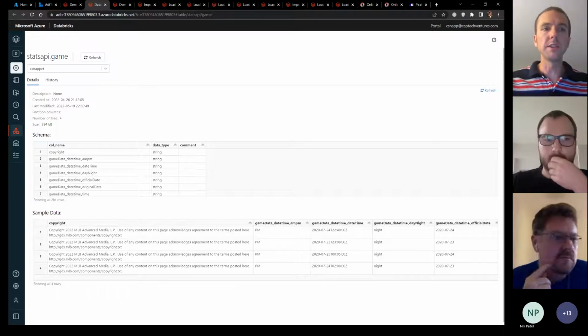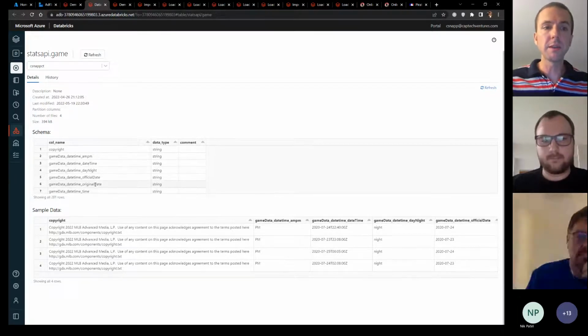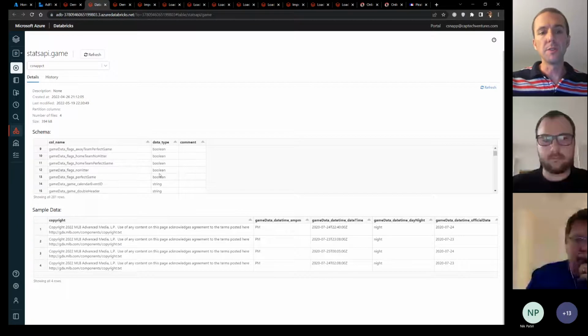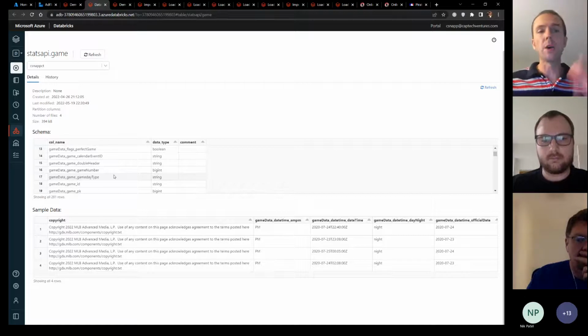So what this says here is database name, table name, and it gives you a little bit of metadata. So you can add descriptions. It tells you how many files there are and the size. This is the schema. So these are the names of the columns that I have defined in this table, and you can see the data types. These are mostly strings, but here's some Booleans down the way. It inferred these for me when I created my data frames on top of the JSON files and put them in here. So it actually declares how we get the names.